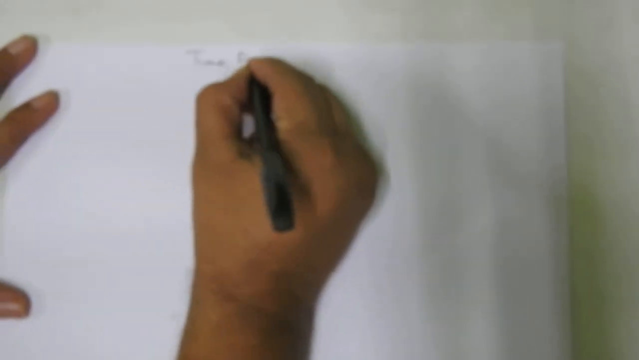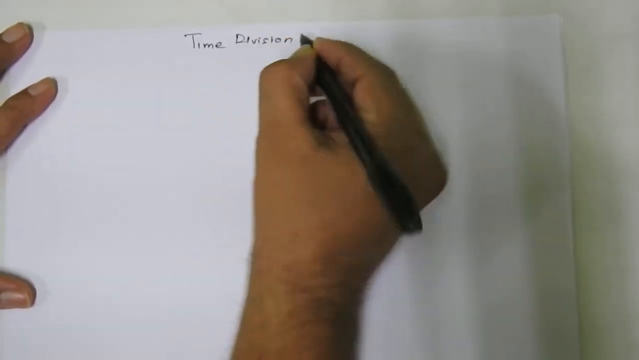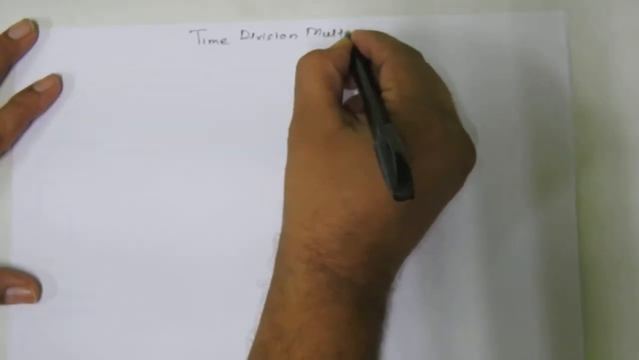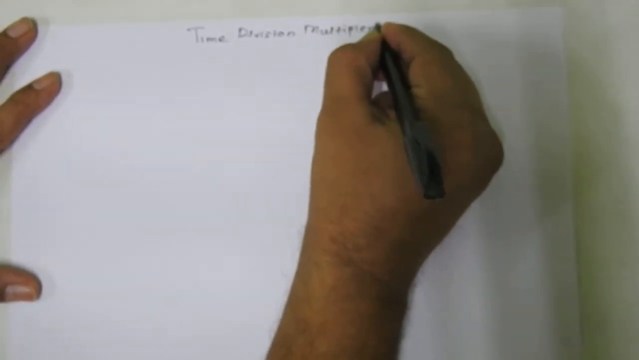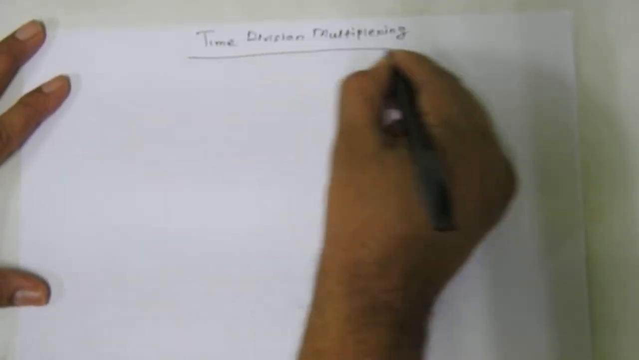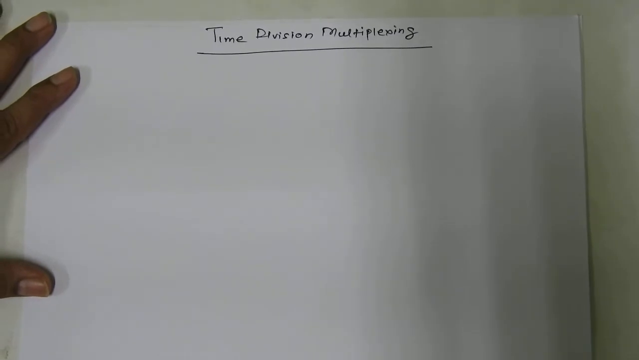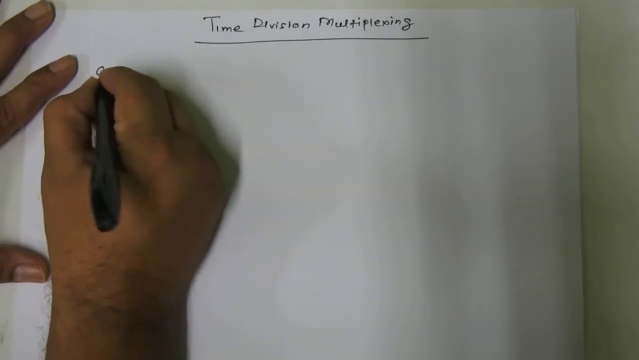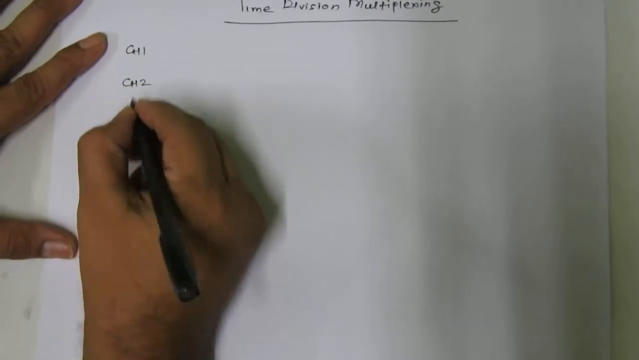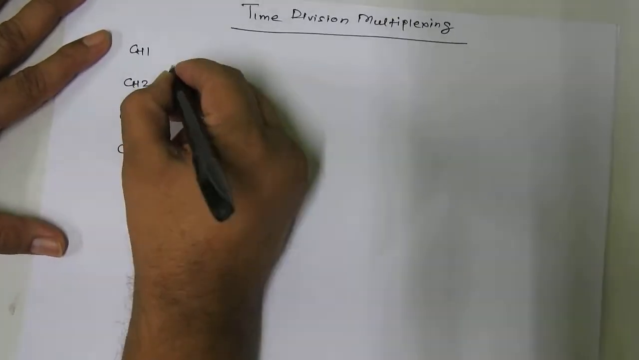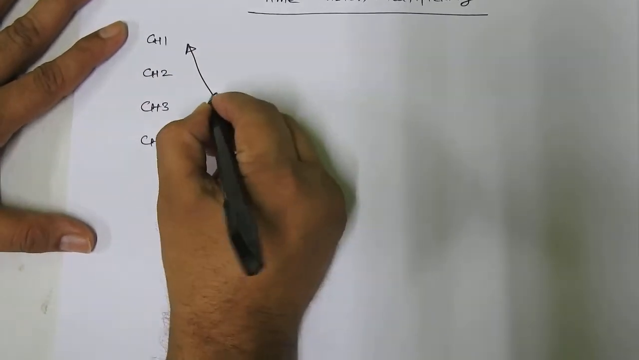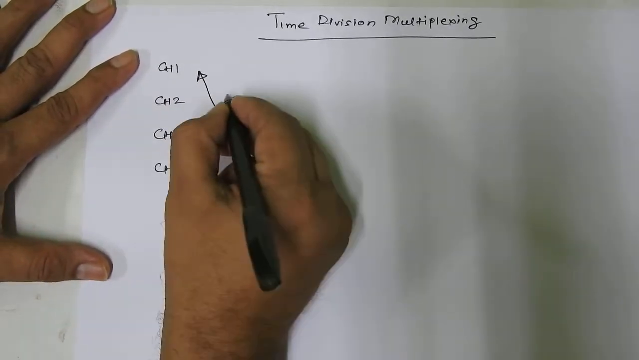So let's understand. Next is time division multiplexing. Let's understand this with a mechanical switch analogy. For example, this is channel 1 signal, then channel 2, channel 3, and this is channel 4. There is a mechanical switch S1 which is rotating, so